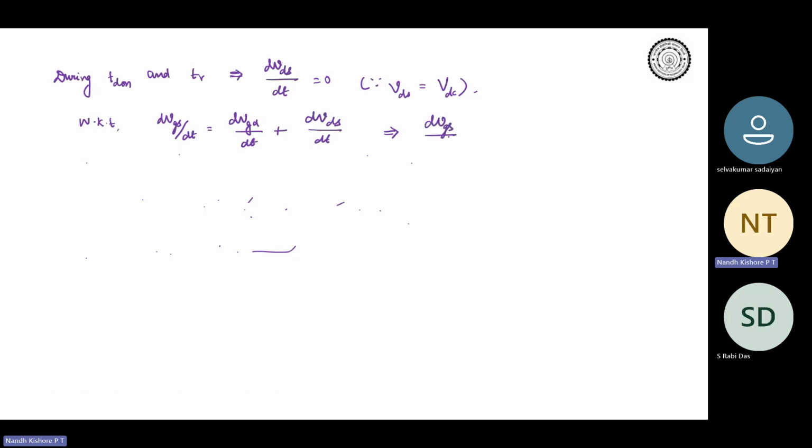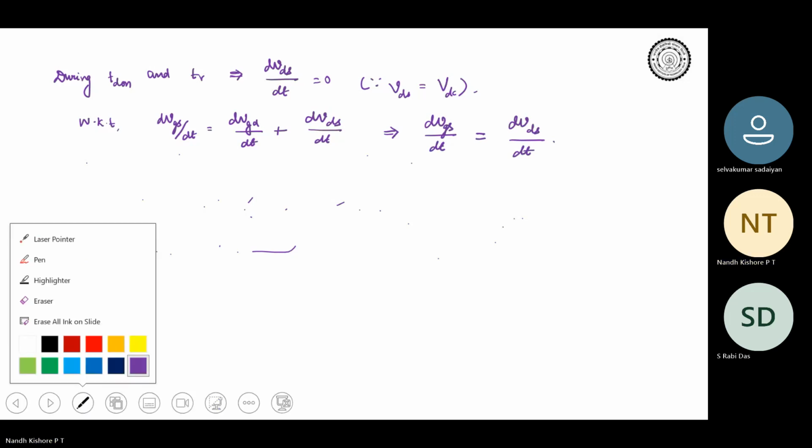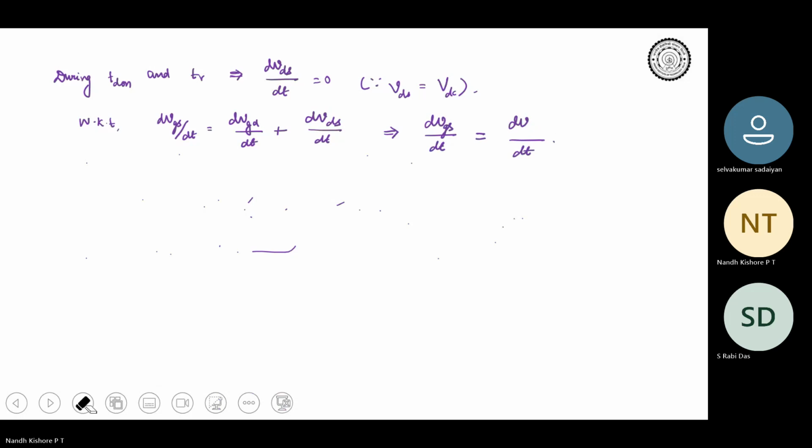So dVGS over dt is the same as dVGD over dt. So that is why, during your TD on and TR, during your delay time and rise time,